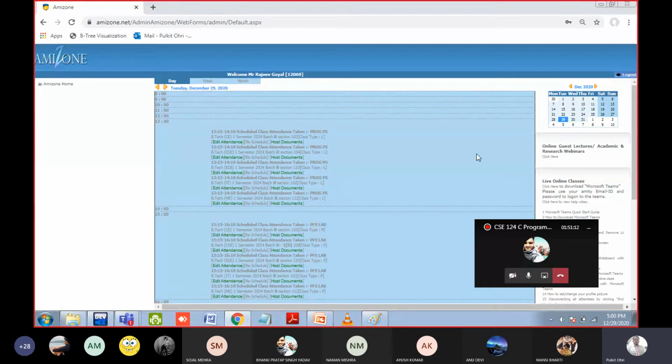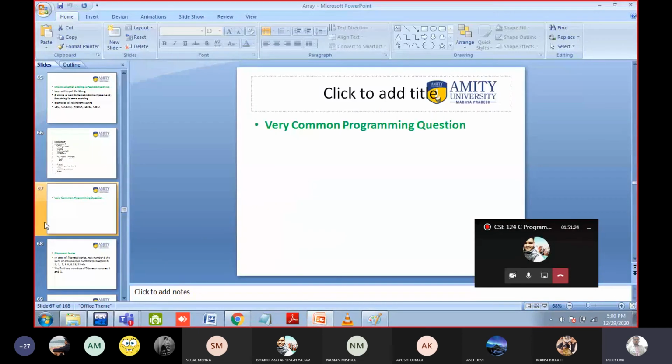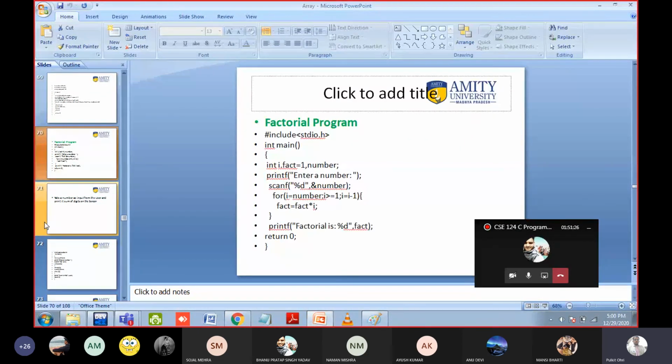You can use any topic or any logic. For example, you can use even the array concept in it, but it is not required. So I will open the question and you have to do it by yourself. First tell me the logic, because the questions are easy, not difficult.